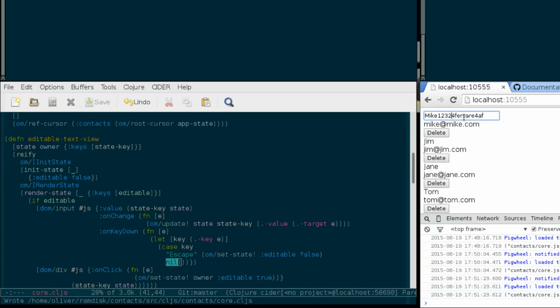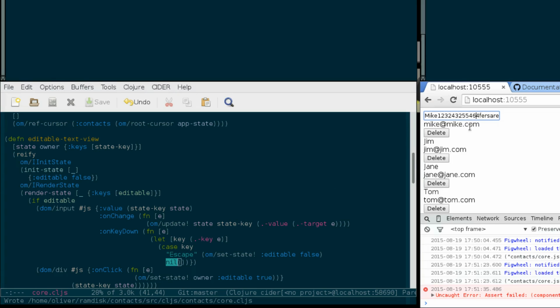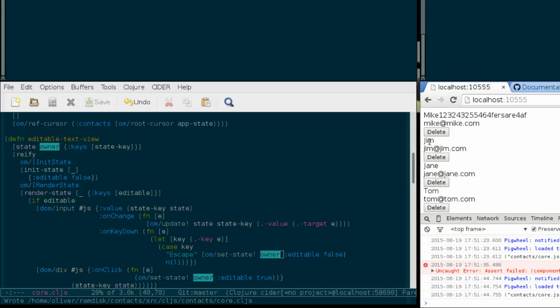So as you can see, when I now do this and I press escape, component owner. Okay, what I forgot here is owner. So I click on Jim and it turns into the input field 1, 2, 3, and now I press escape,